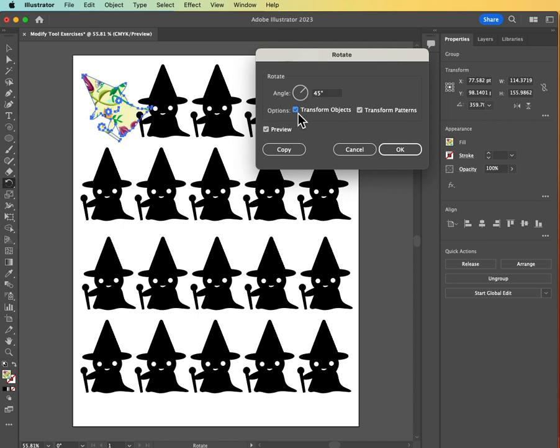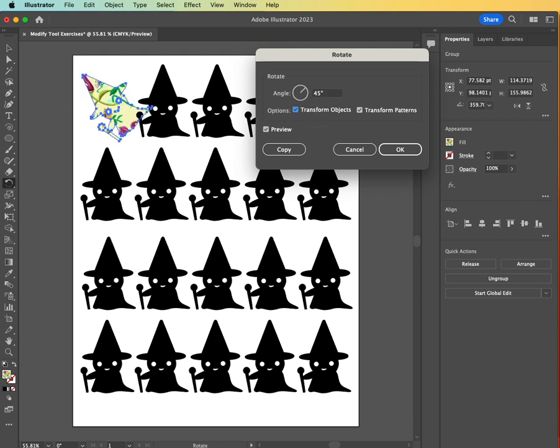You can choose to transform the object, which is transforming the whole shape right now. So I'm going to unclick that. And let me type in now, I just have transform pattern selected. I'll type in 100 and hit tab, and you can see the pattern inside of her rotate. So that's an option. Let me go ahead and go back to